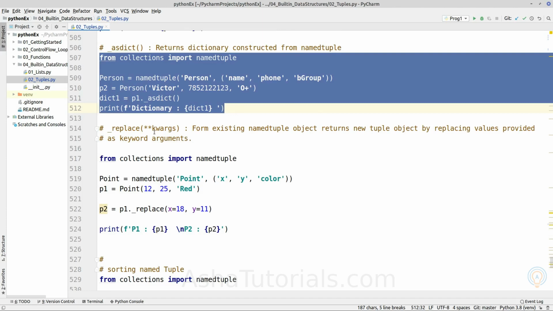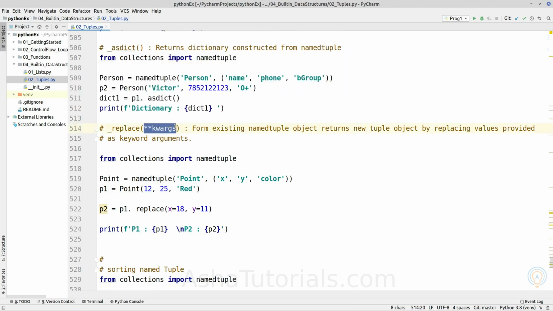Next method is replace, which takes a variable number of keyword arguments. It is invoked on an existing named tuple object, and it returns a new named tuple object of the same class by replacing only the values given as keyword arguments.